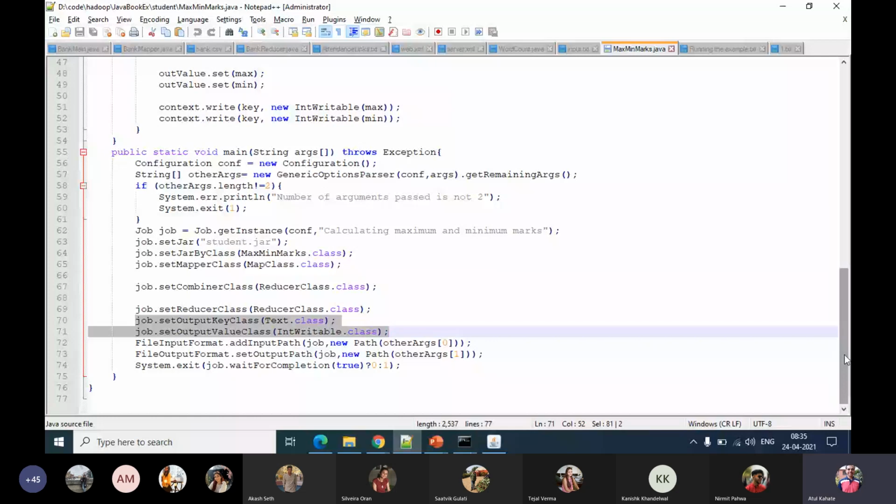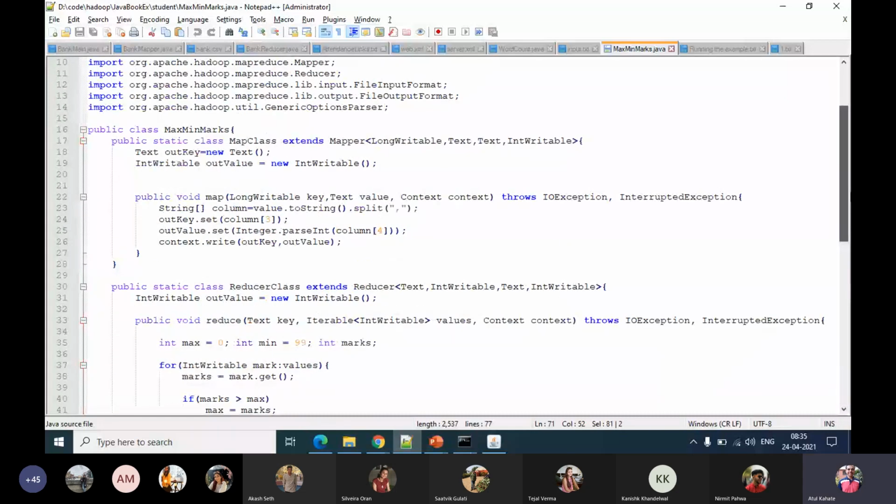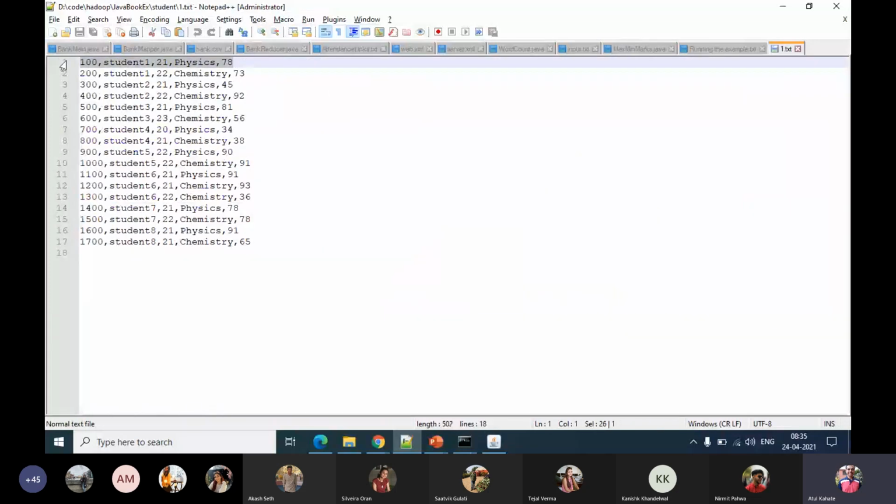The rest of the structure remains exactly the same. Then in the mapper code, what are we doing? In the mapper code, we read as usual the input data. The input data will be in this format: first of all, let's say something like the roll number or PRN number, name of the student, the age, I think, then subject and marks.